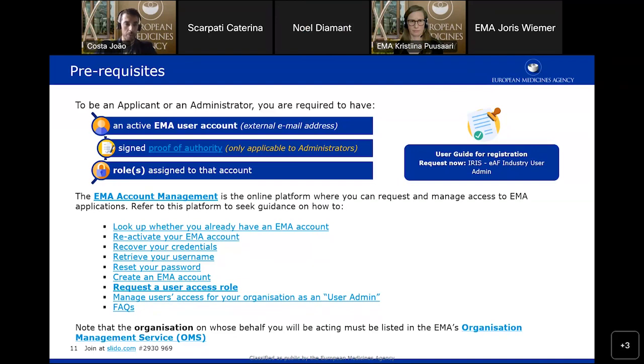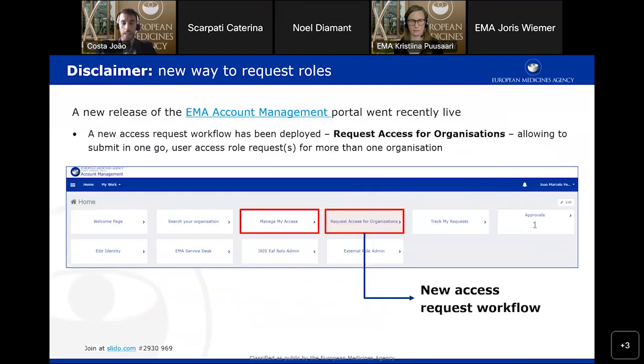Before that, and if we can move to the next slide, as Noel already mentioned, we recently addressed your need to submit in one single request roles for multiple organizations. And we have made this live very recently. Hence this disclaimer, you may already be acquainted with the look and feel of our EMA account management portal.